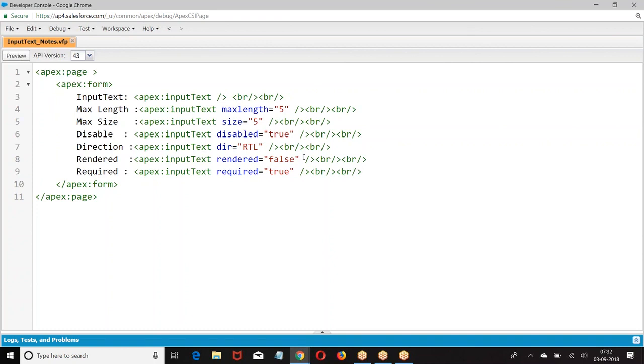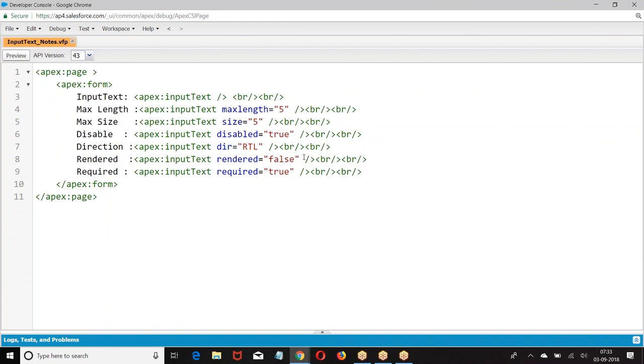Now we are not referring to the table and its properties. We are referring to the corresponding variables. The variable can be anything: a reference variable, an object, a proper class object. It's our choice. If you are referring to the data from a particular table, then we define standard controller equal to account. Then we say account.name, account.phone. Here I don't want to obey the properties of an object. I want to create my own structure. When you want to create your own structure, you go for input text.